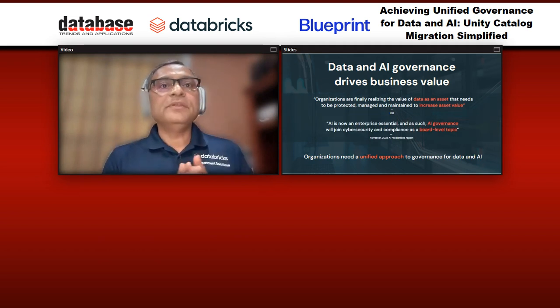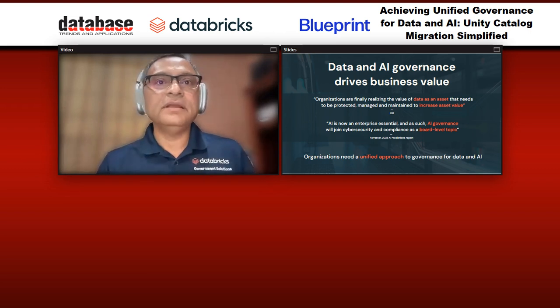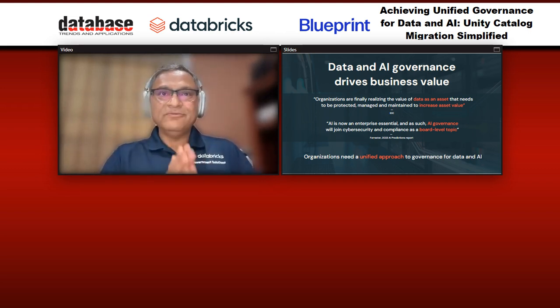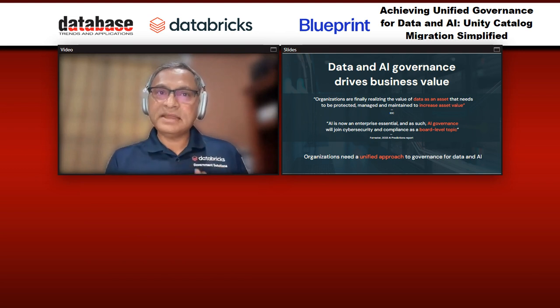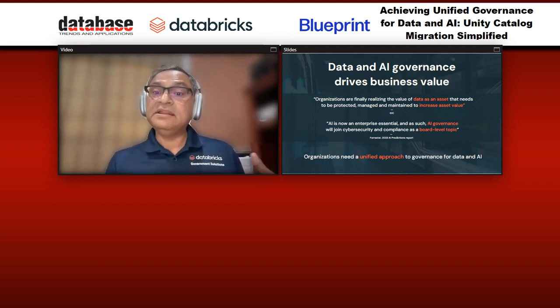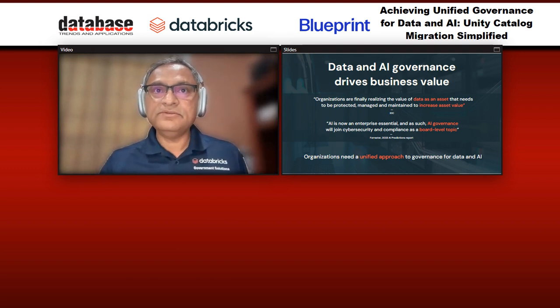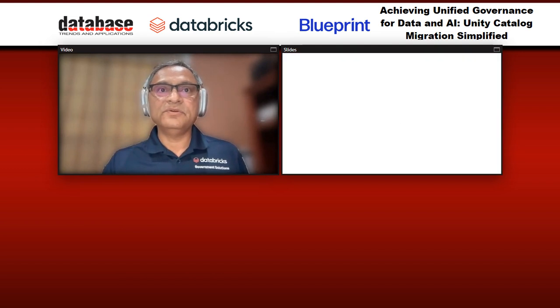So, here's some quotes from the industry highlighting the value of data, which again, we all agree it's valuable. But remember this, data is valuable only if the right data is made available to the right people at the right time in the right format. Otherwise, it's garbage. Just imagine your application being fed a previous version of data, or data getting in the wrong hands where it should not be seen, or even worse, when you need it, the data not being available to you, right? If your application depends on a certain data set and suddenly it becomes unavailable to you, right? All these scenarios will drag away the value of data from your organization.